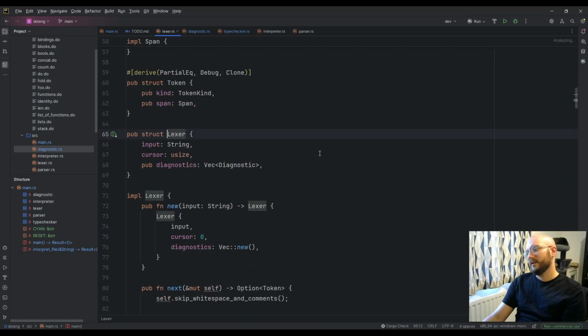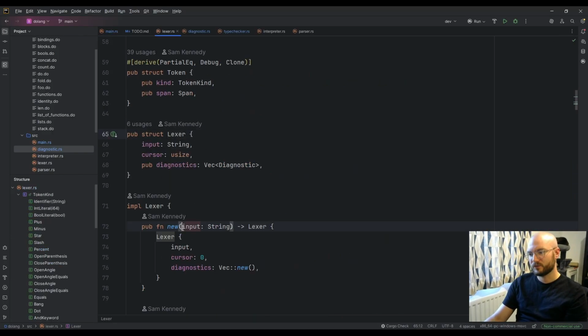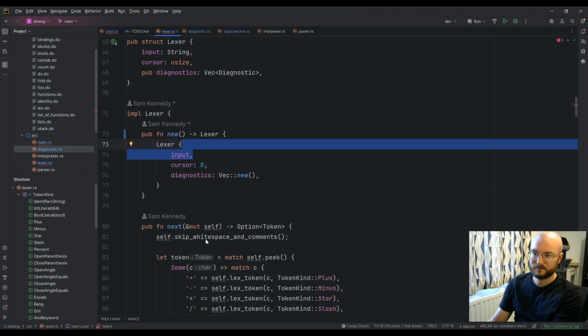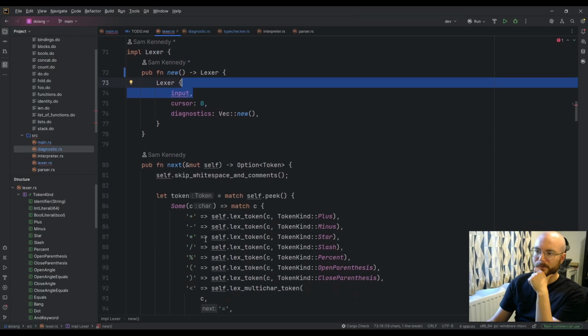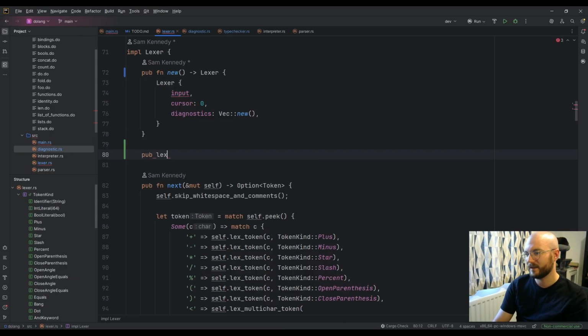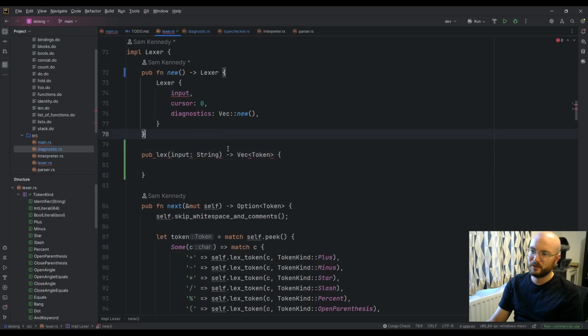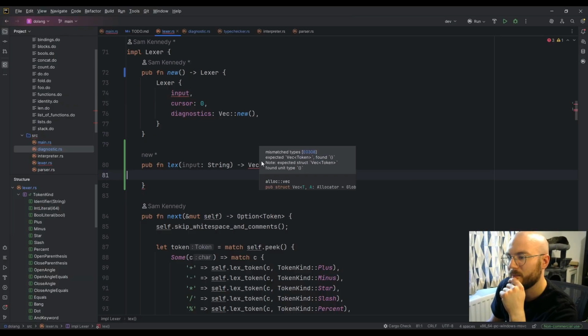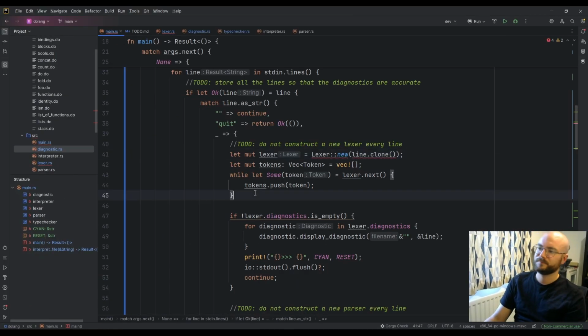Let's sort out Lexer being constructed with a string every time. So let's instead have it be pub fn lex, taking an input, returning a Vec of Token, because I think originally I wanted the Lexer to be lazy, but I kind of gave up on that idea.